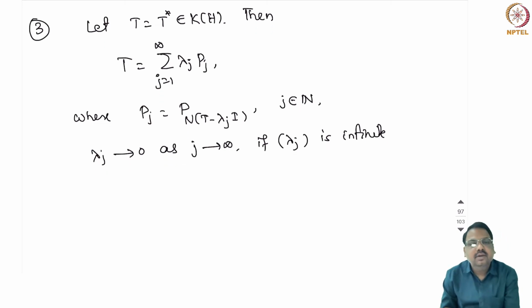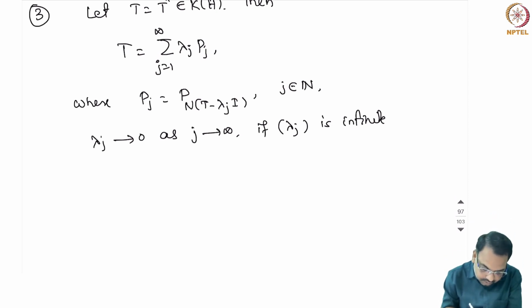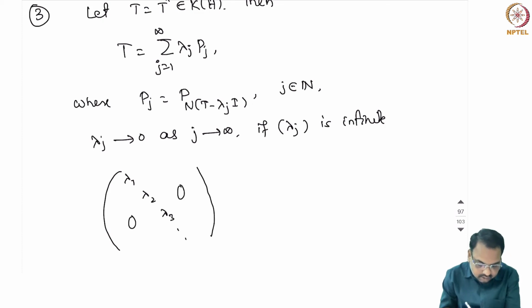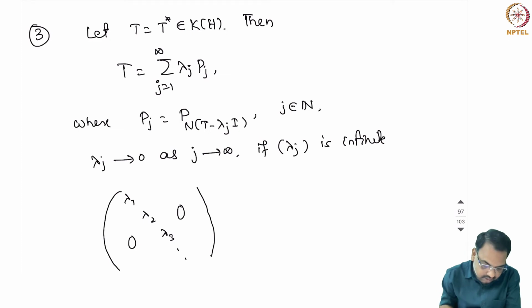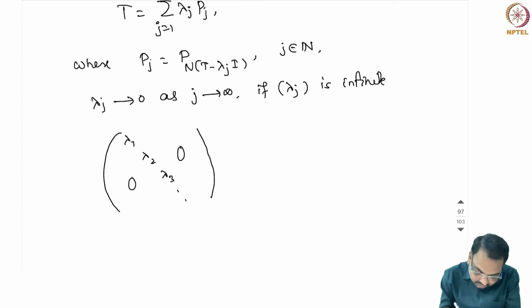Now let us look at what the E lambdas are and how to integrate T with respect to those E lambdas. As in the earlier case, we can represent this as a diagonal matrix with diagonal entries lambda 1, lambda 2, lambda 3. With respect to the orthonormal set of eigenvectors, we can represent the operator in this way. So in this case, when we take lambda bigger than lambda j, as in the earlier case, we can show that E lambda is nothing but